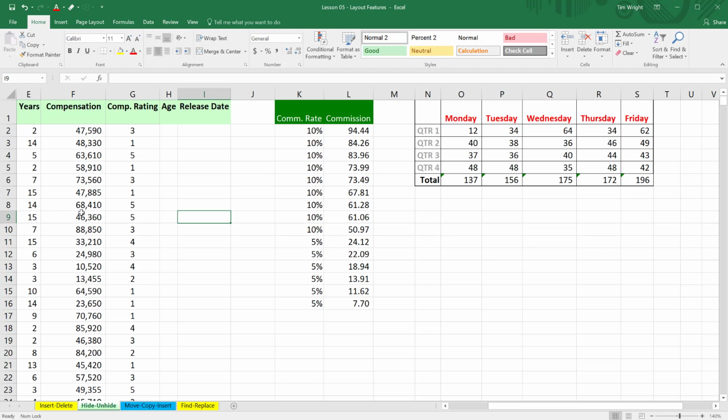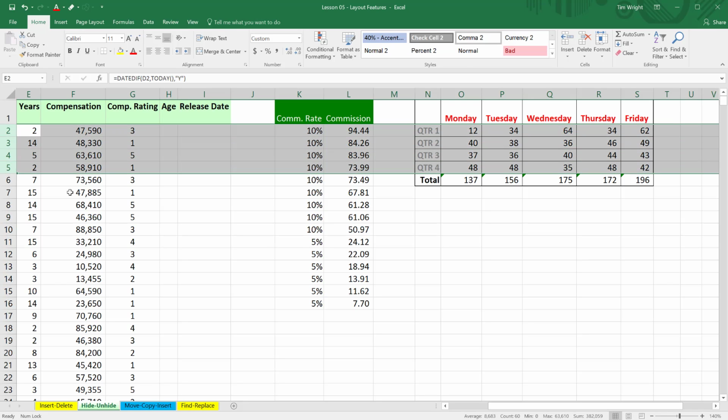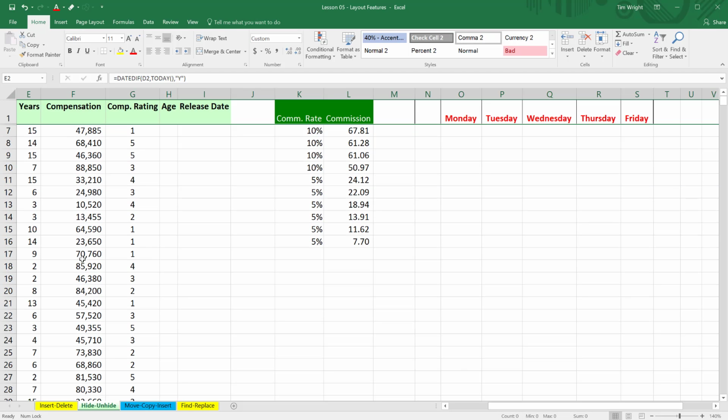Well, let's take a look over here at rows, kind of the same thing. I might decide that we want these first 5 or so not to be seen. So I can come over here. In fact, why don't we just select all of these, because I'm also going to get rid of all this data here. And I just simply right click after making a multiple selection and choose hide,